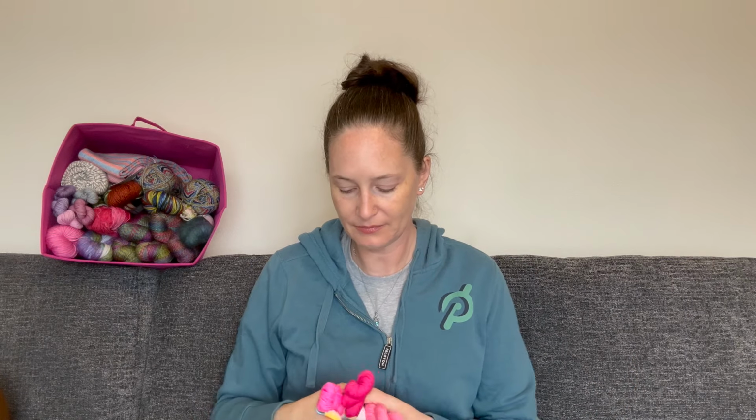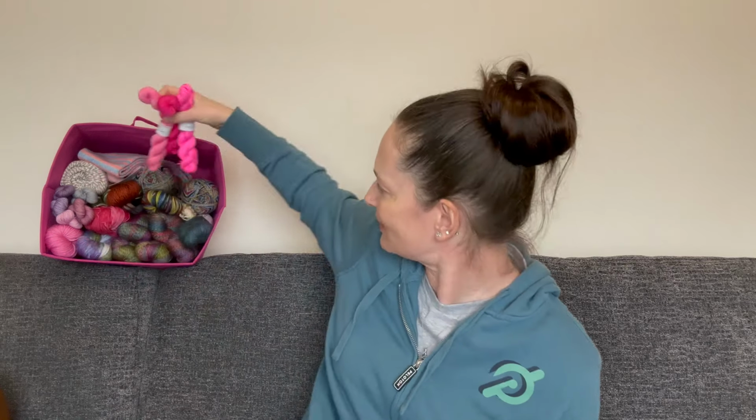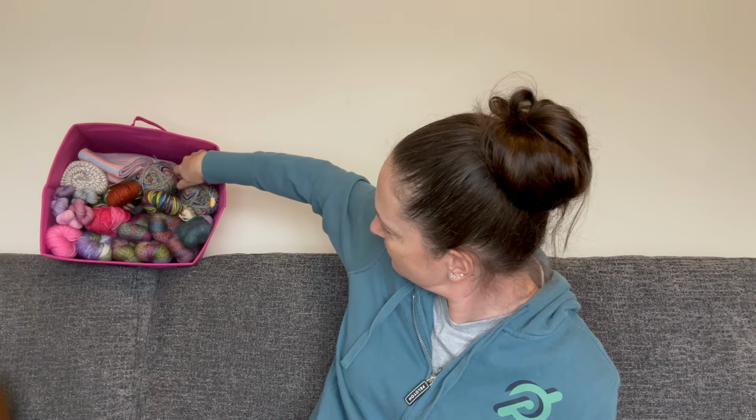So I am very eager to see that number go down. It's going to take quite a long time. Now that I've talked about these and they are accounted for on my normal spreadsheet that I have, I will put these in here